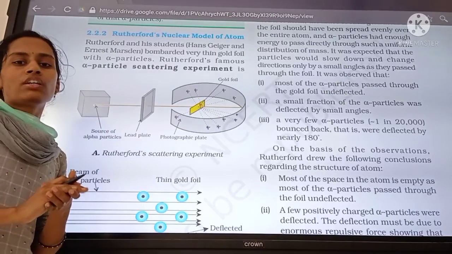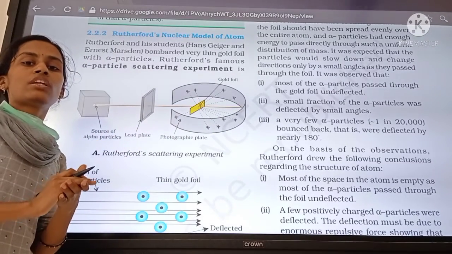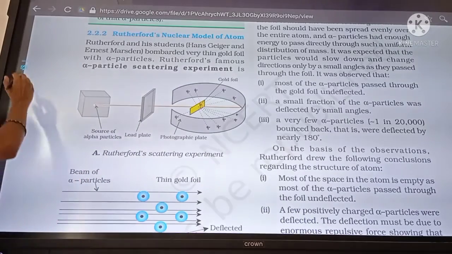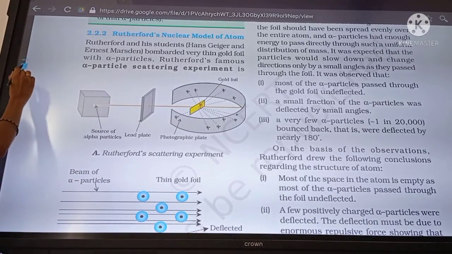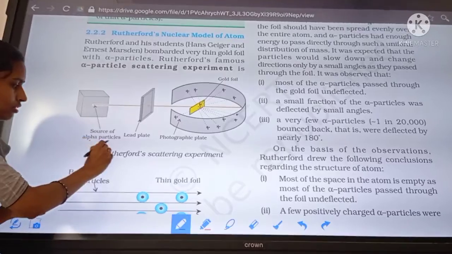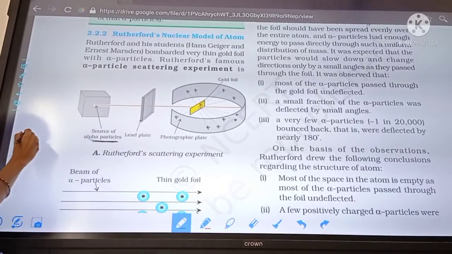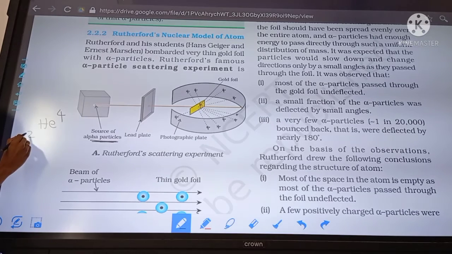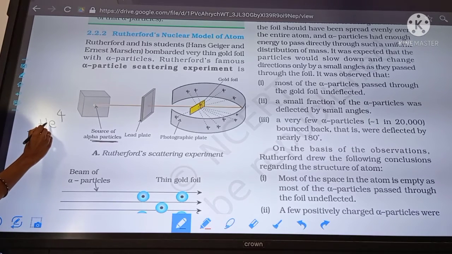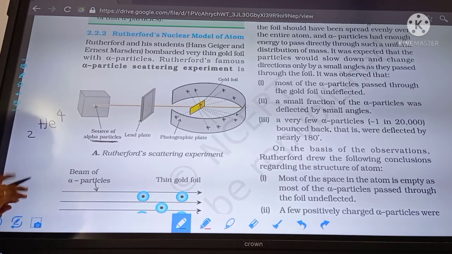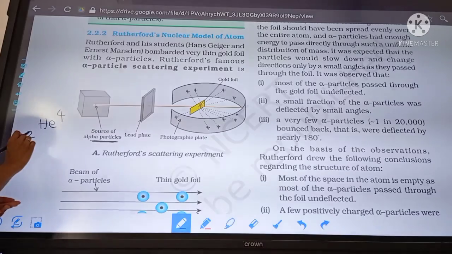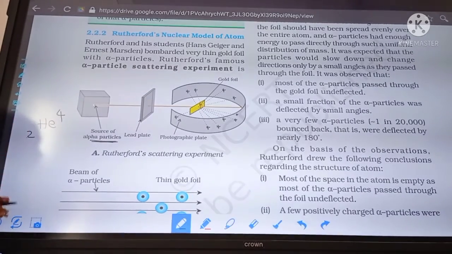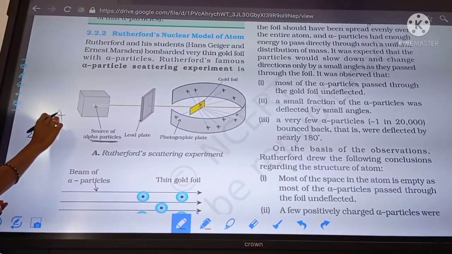What we can tell from this is that there is no positive or negative charge there, because alpha particles are positively charged particles. Alpha particle means 2He4. This is +2 charge. When a helium nucleus loses 2 electrons, it possesses +2 charge and mass 4. So this is the charge, and this is the mass.